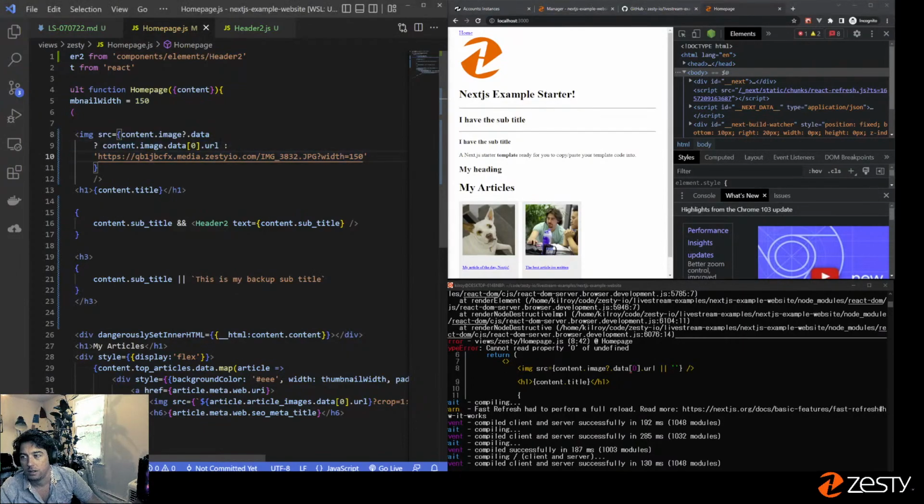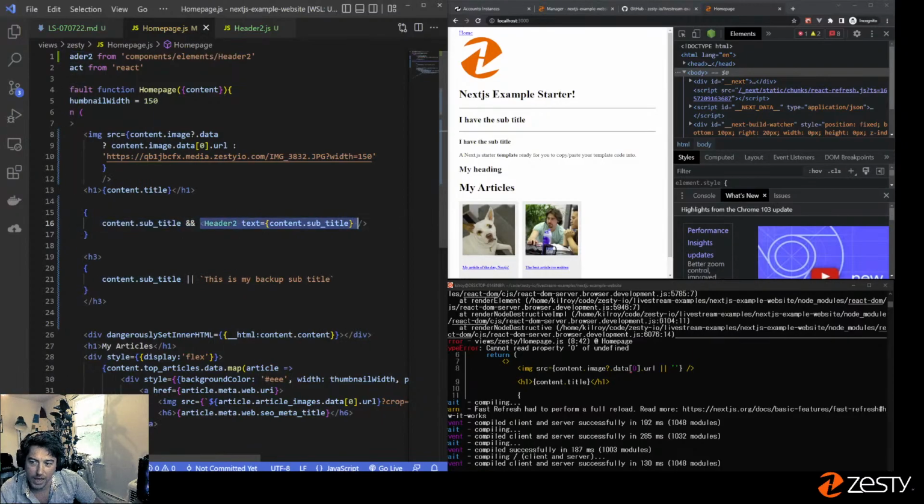So again, this is another way of doing it. You have this kind of double truthy statement. I guess maybe that's what you'd call it, truthy. That's a real word. You can use a double truthy statement where it's like, if this exists, now output that in this component. You have this or statement saying, if this exists, output that, otherwise fall back. And then we also have a ternary statement where we say, if this, yes, output that,